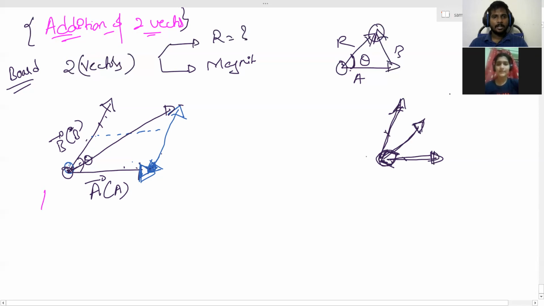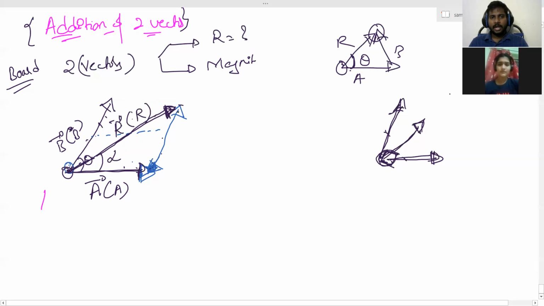You can understand that from here also. From here to here, this is the tail, and let's say we displace it from here to here, then the resultant is exactly like this, from tail to head. So this is the resultant. Now this resultant is a vector with a direction. This is the resultant direction, I can take it as alpha. I will find out what alpha is, and this is magnitude R.